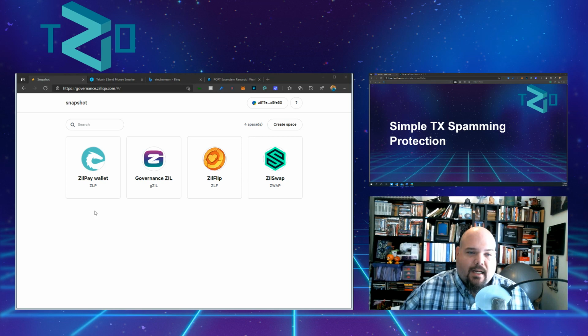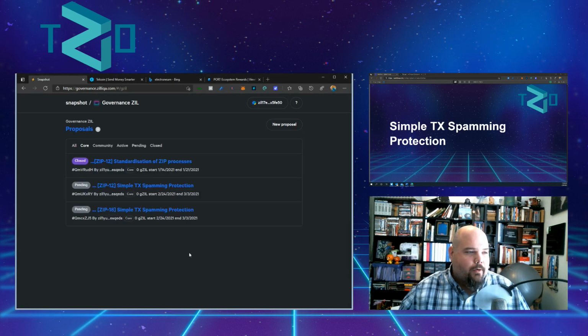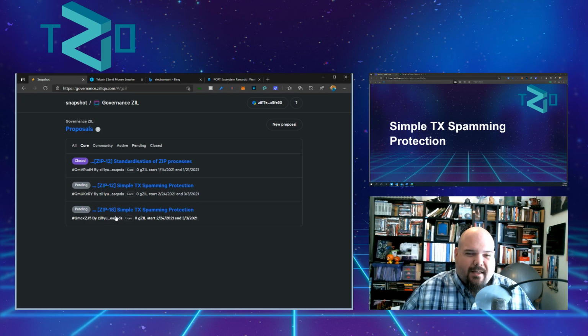So I'm at governance.zilliqa.com, and I'm going to click through into our gZIL proposals. There are two of them that we want to look at here. One's a ZIP 12, one's a ZIP 18, and as I told Colin Miles the other day when we were